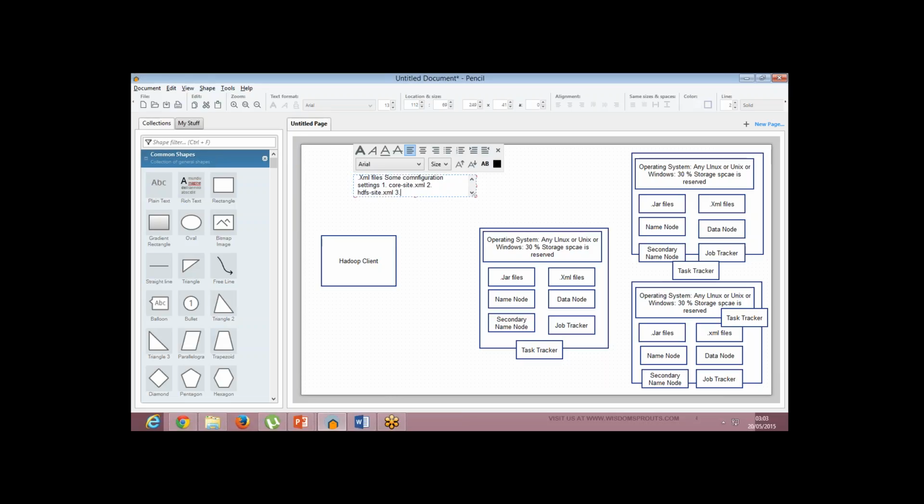And the third one is mapred site.xml. So in all, I'll be getting 3 XML files: core site.xml, hdfs site.xml, and mapred site.xml, which will store some